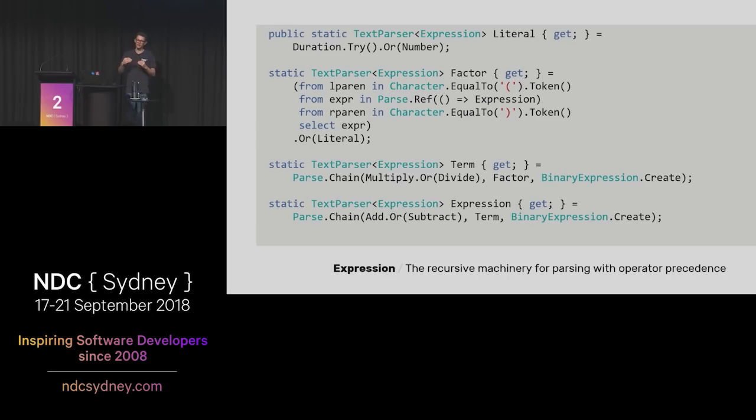If we go up a little bit further, we've got term, which is something that you might add to something else. It uses a helper function called chain, because parsing left-associative expression grammars like this one is a really common task, and so there are lots of little library helpers to make that easier. Chain will take the parser for the value, and then the operator and the operands, and use that to construct some kind of binary expression node. Term and expression are very similar in that one is applying multiply or divide, the other is applying add or subtract.